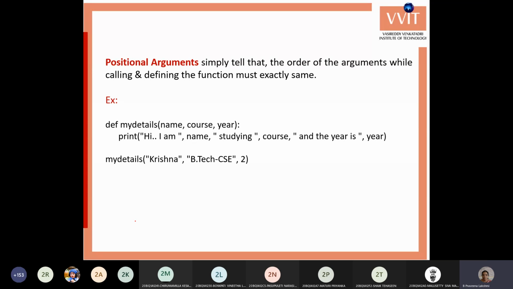The positional arguments are the default standard arguments that are generally used in the functions.